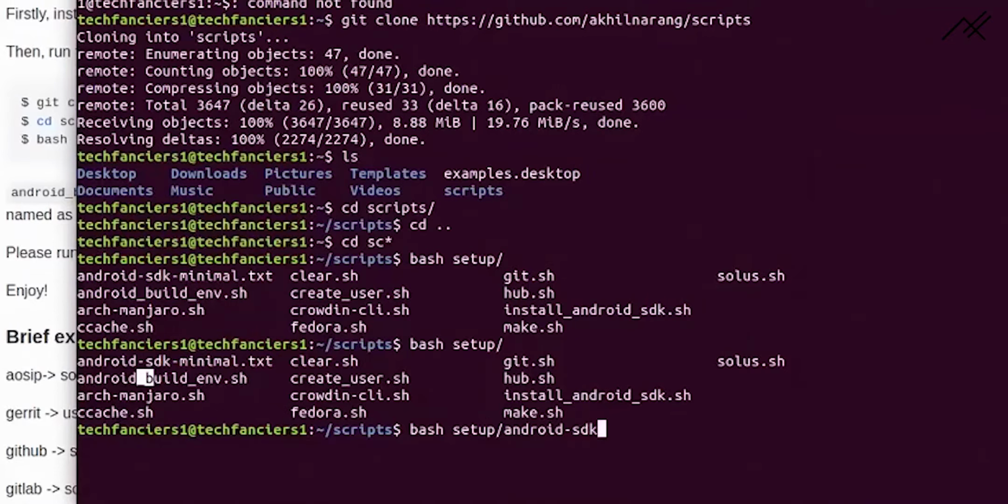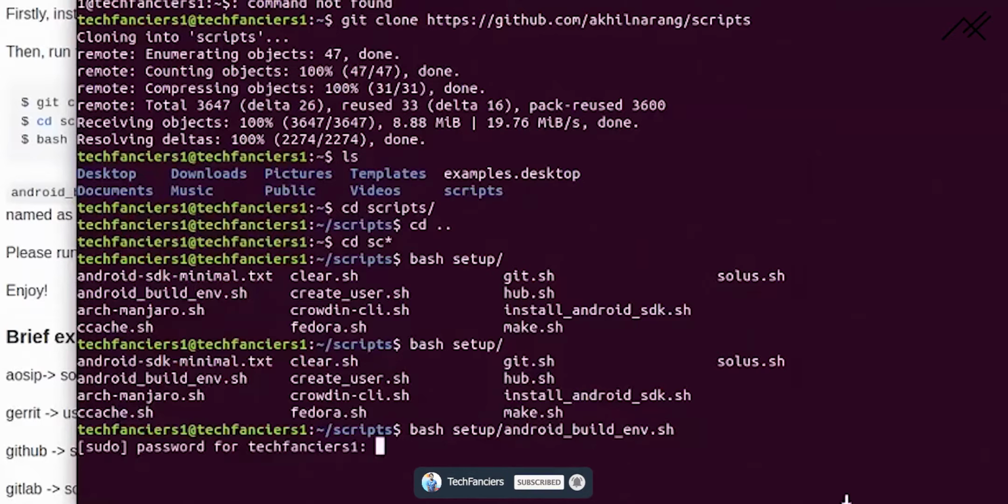If I press tab, it will automatically fill. Sorry, not this file. Android underscore build underscore env, okay. Android build environment sh and enter.